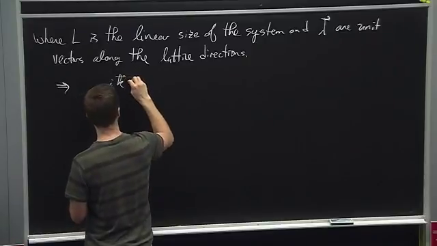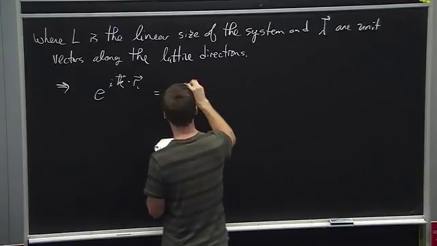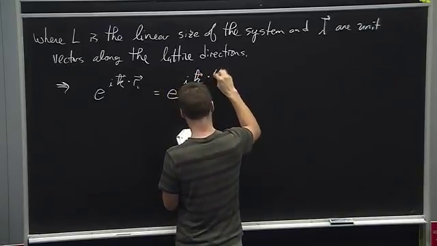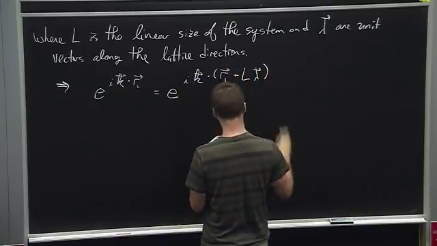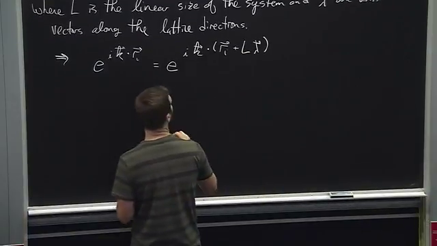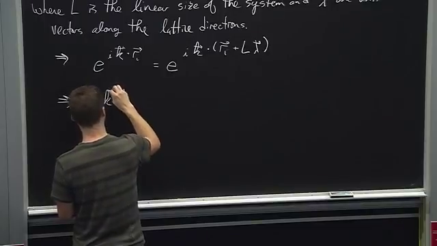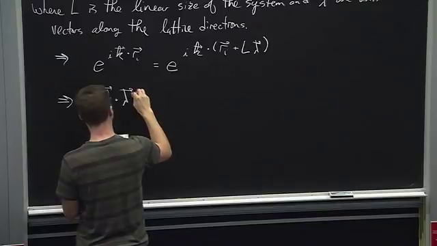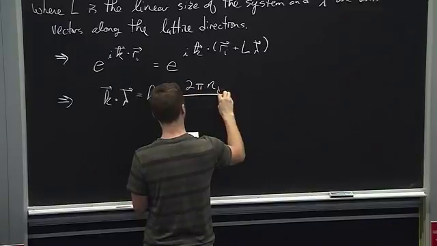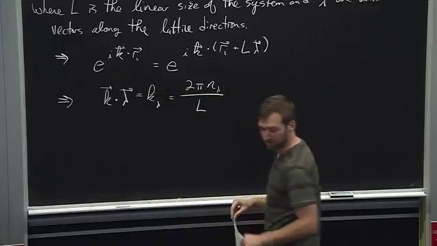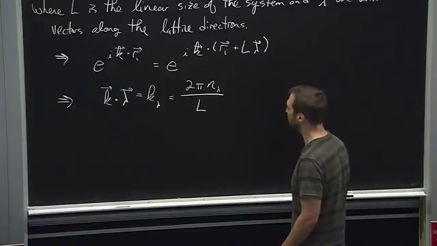K dot R plus L lambda, which gives us the, if you will, the discretization of the momentum space of the Brillouin zone,